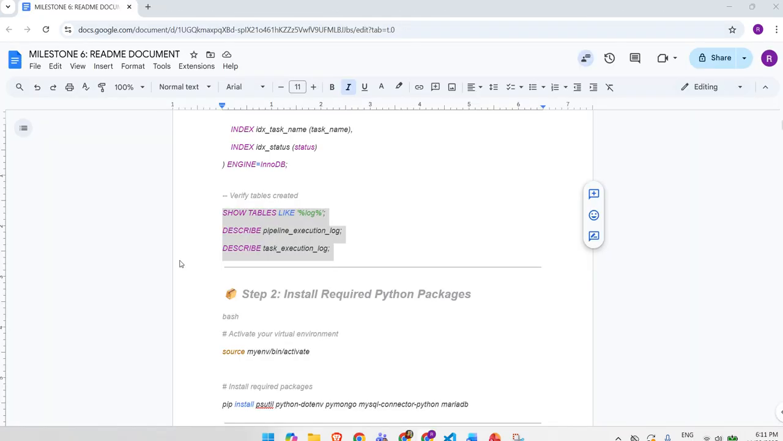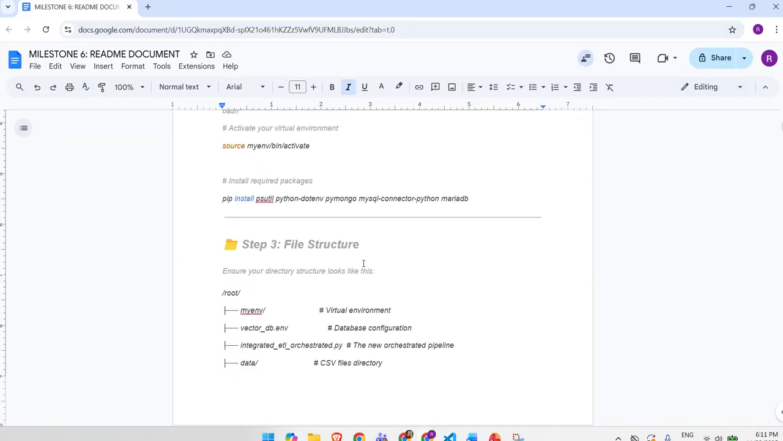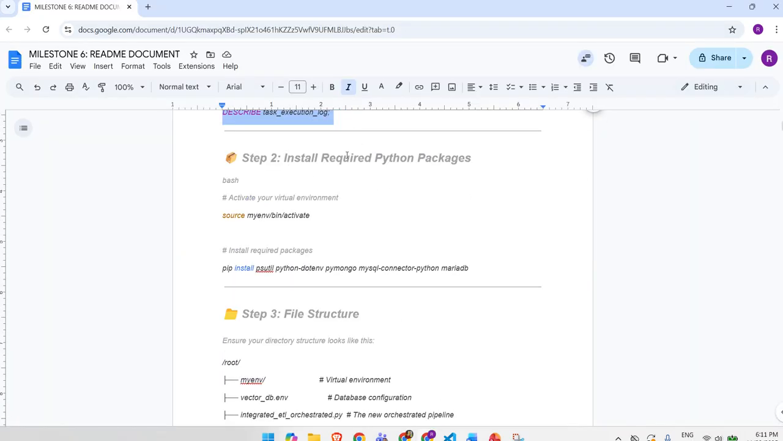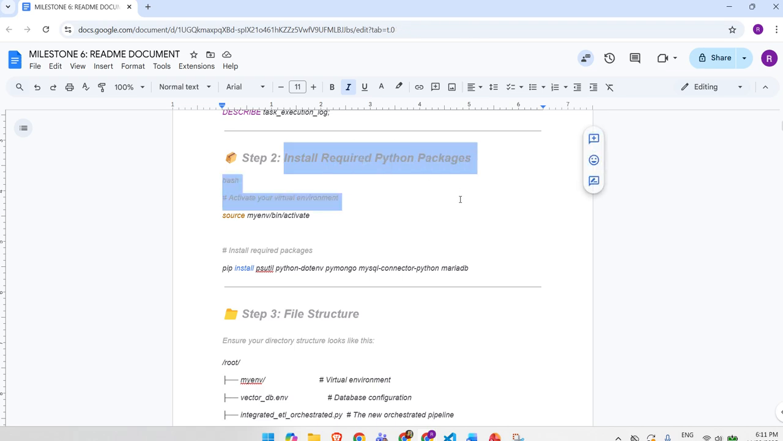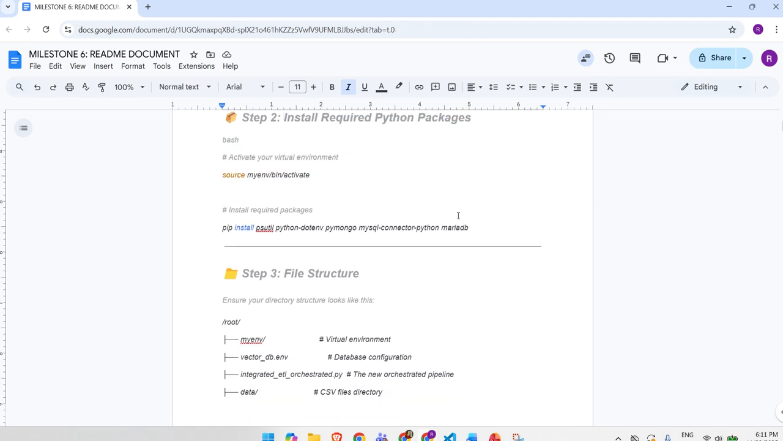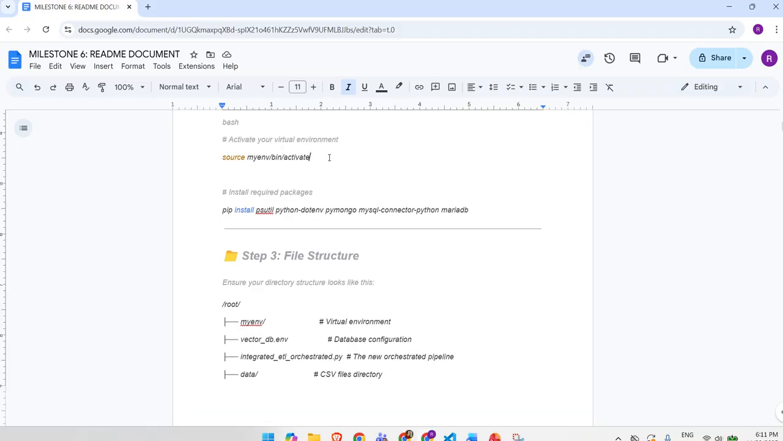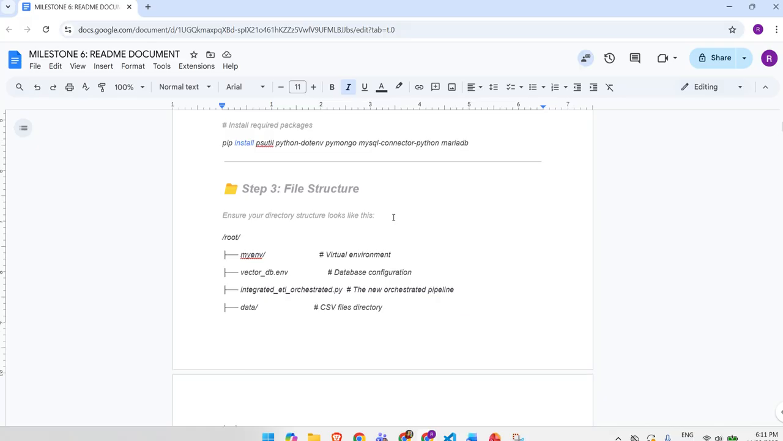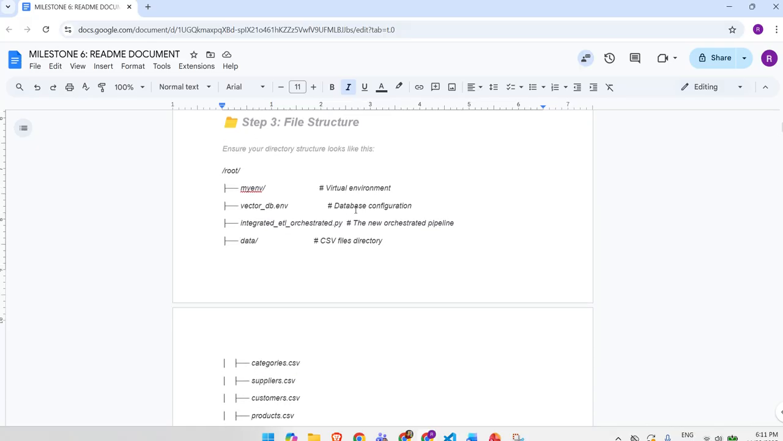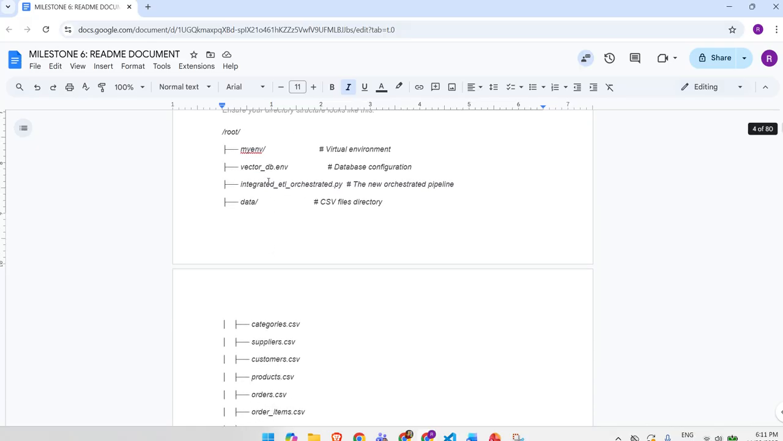So I'll quickly go back. This entire document, like I previously mentioned, has all the steps that I had performed, right from activating the virtual environment to installing the connector, etc., and the file structure, how it should be. I have everything in my virtual environment, and all my data is in the data folder of the virtual environment,